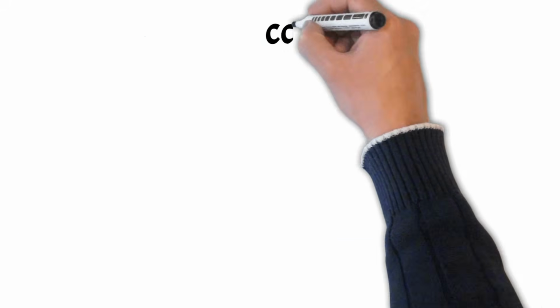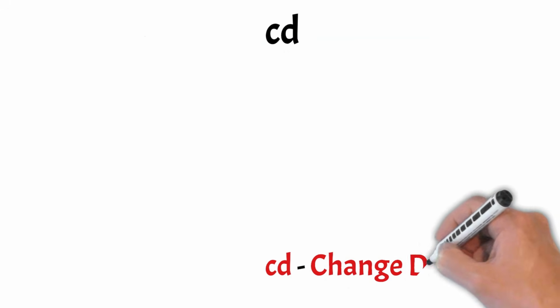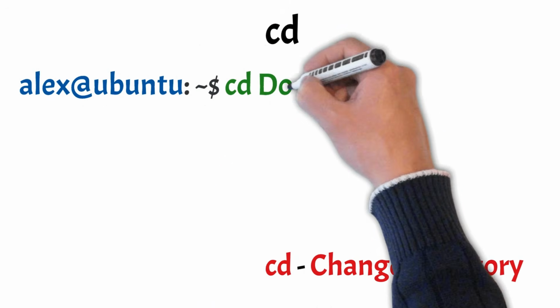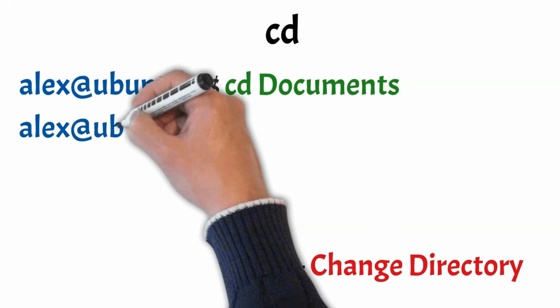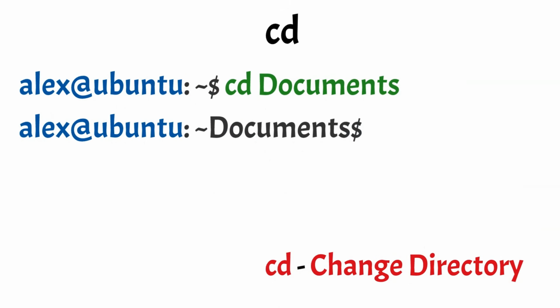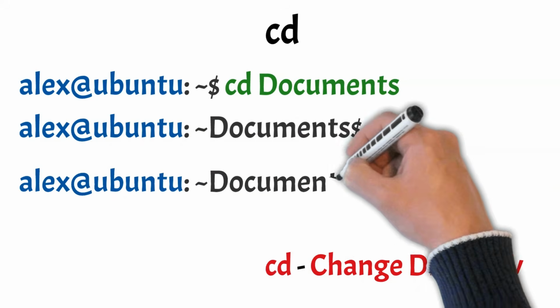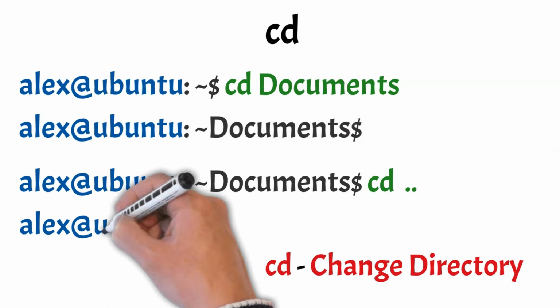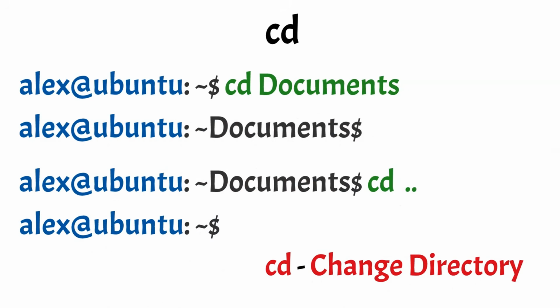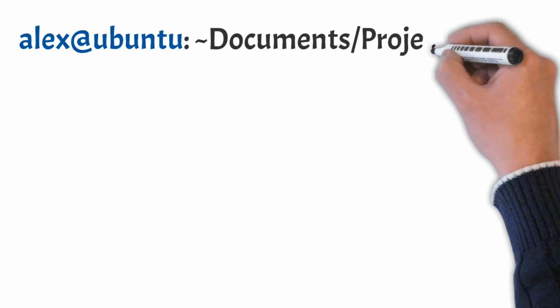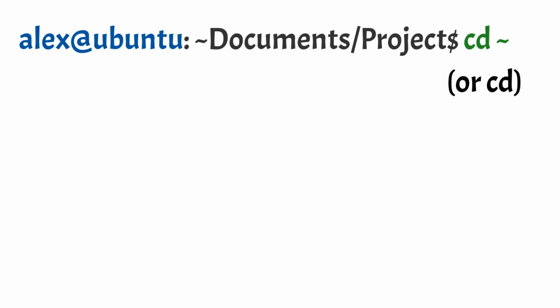Now let's take a look at cd. cd stands for change directory, and it's used to move between folders in the terminal. For example, cd documents takes you into the documents folder if it exists in your current location. You can go up one level using cd .., where the double dot represents the parent directory, the folder that contains your current one. To return to your home directory, you can use cd with a tilde, or just type cd